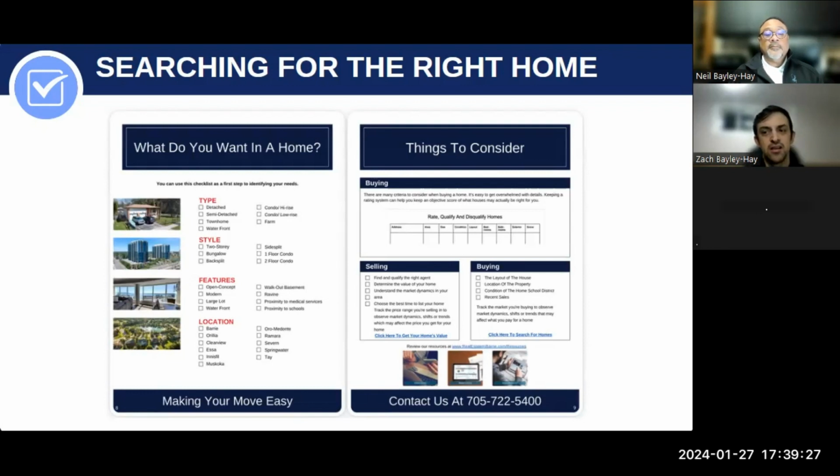Do you like something more traditional, or are you looking for that open concept style where everything flows more so than having everything as a traditional room? And location, are there certain locations that you need to be in for work or for family or for schools? All those topics are very important. As you can see, there's even more on here. I'm not going to go through every single one because I don't want to take up too much of your